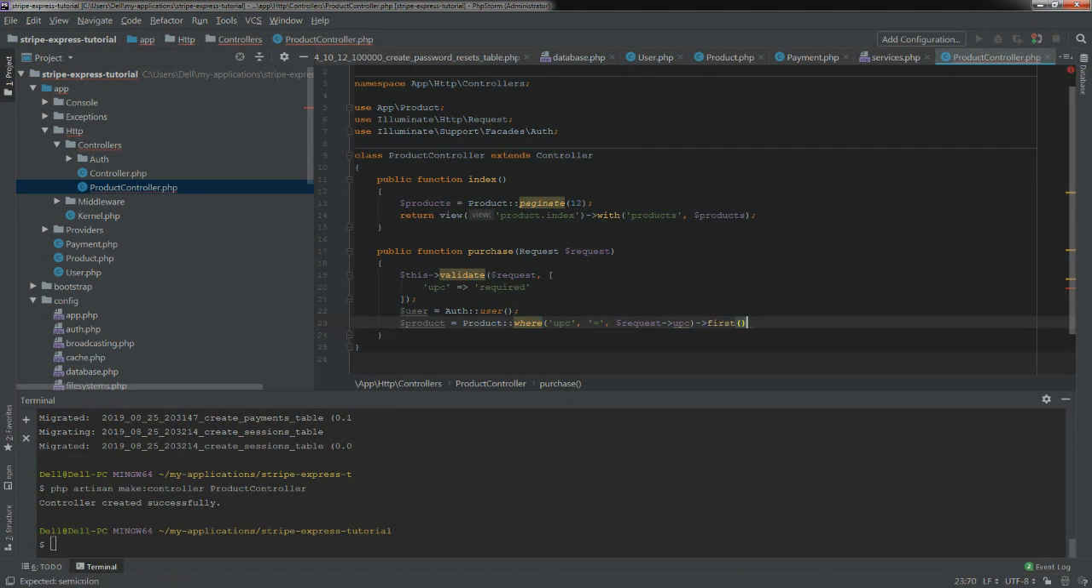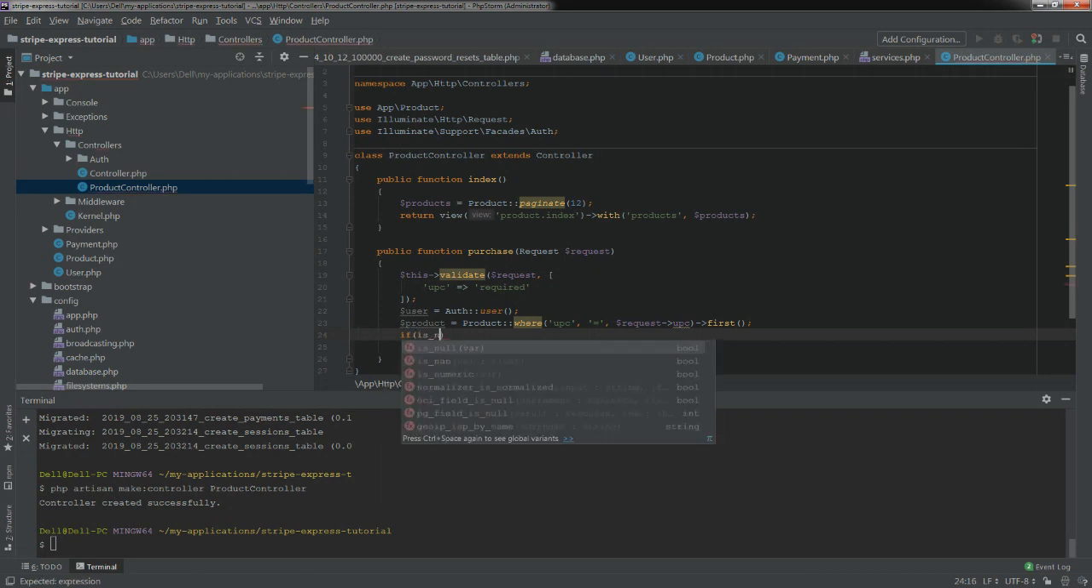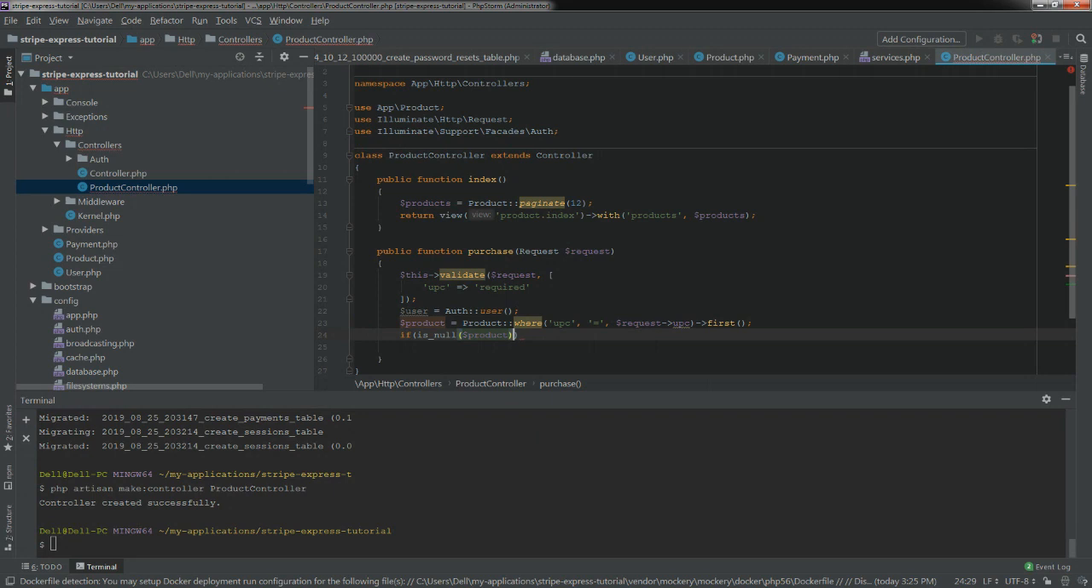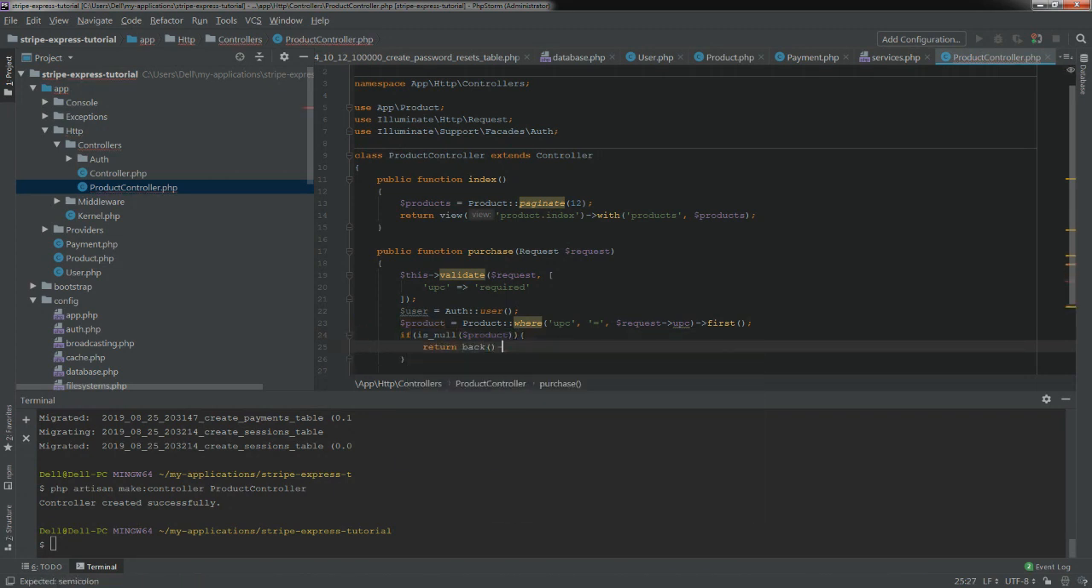Since UPC is a unique identifier, there's only going to be one anyway, so that's fine. All right, so we want to catch any errors. If the product does not exist, you can't purchase a product that doesn't exist. So if product is null, we will return back with an error saying that our product could not be found. Otherwise, if our product can be found,